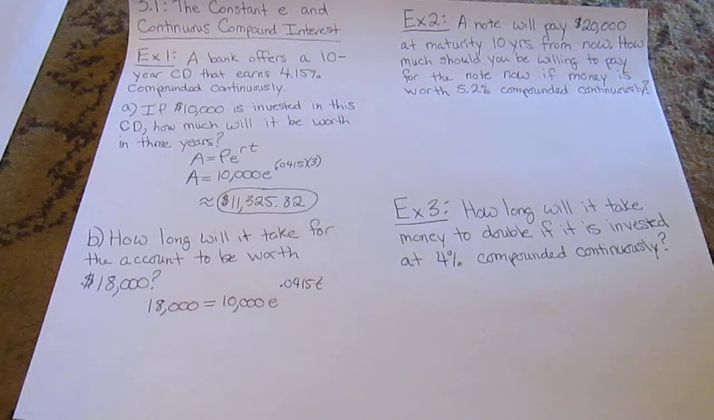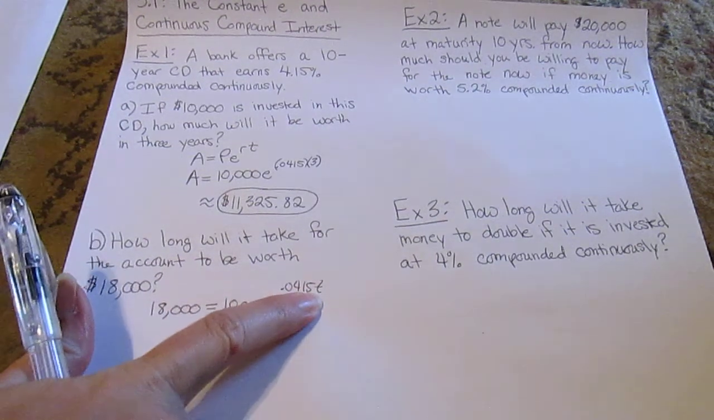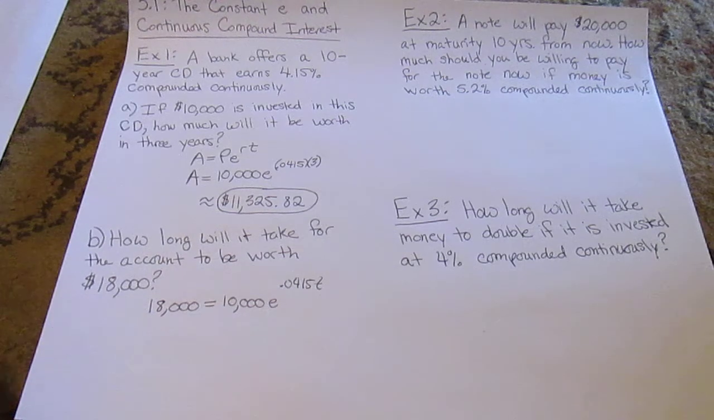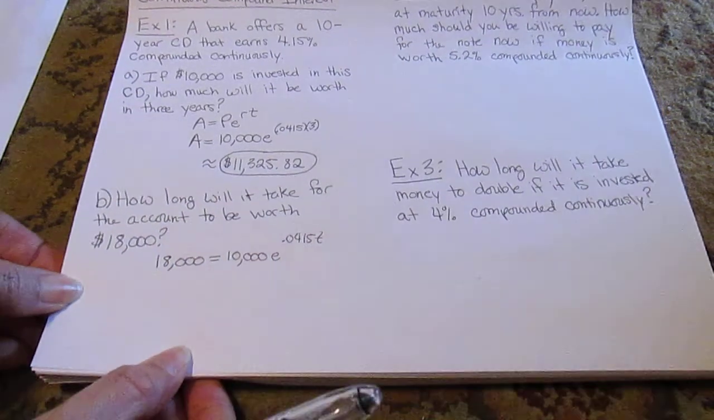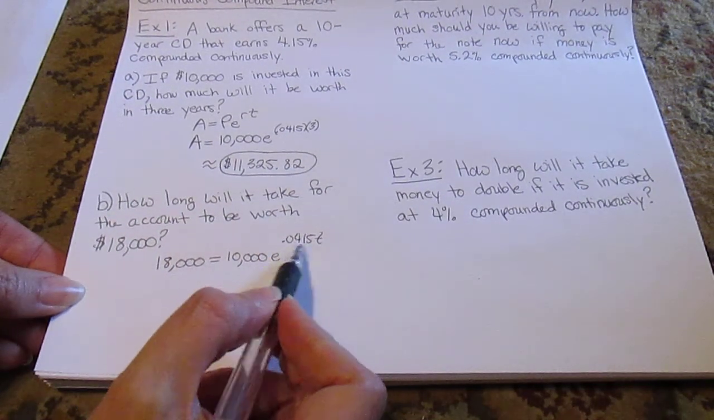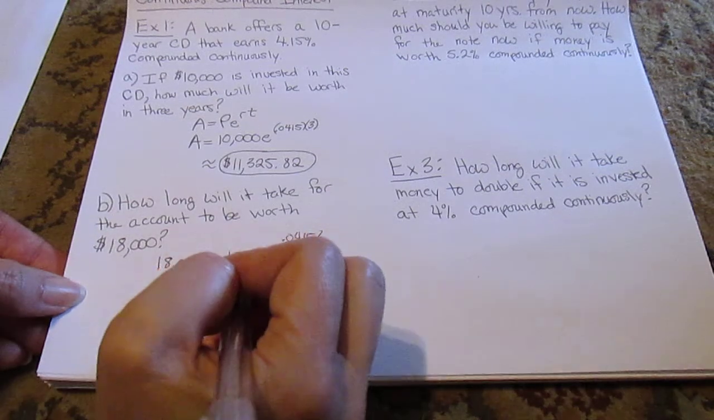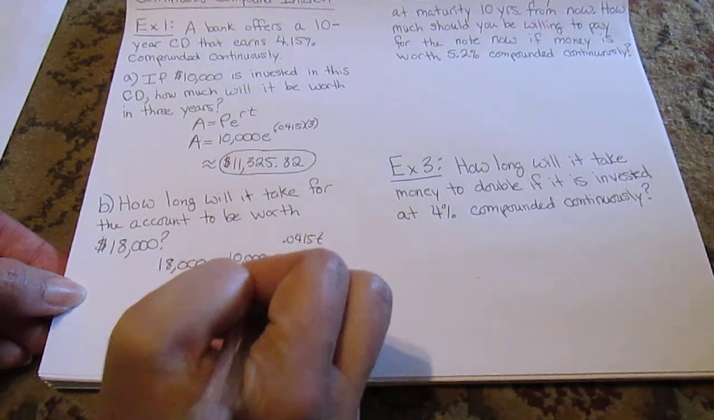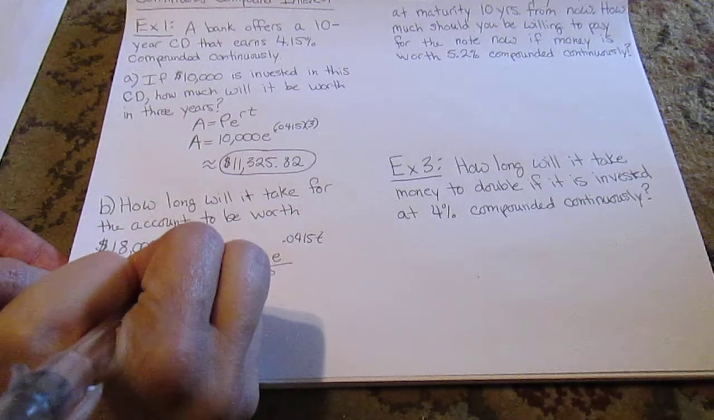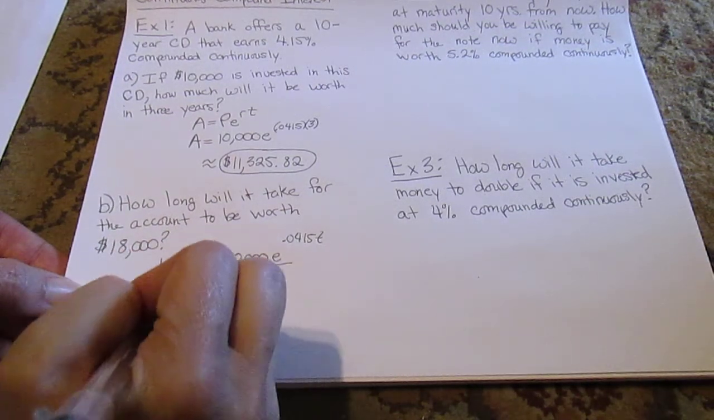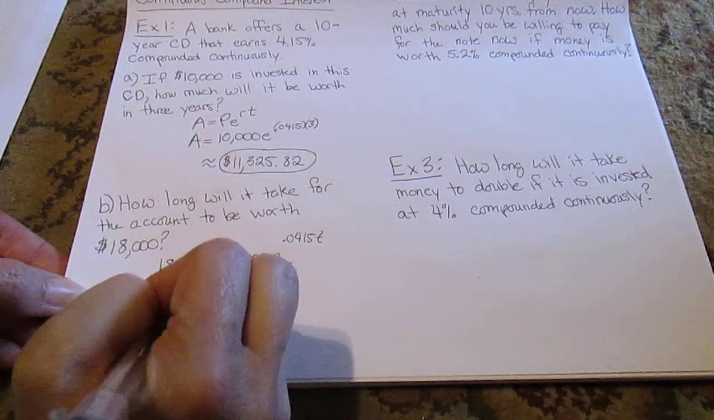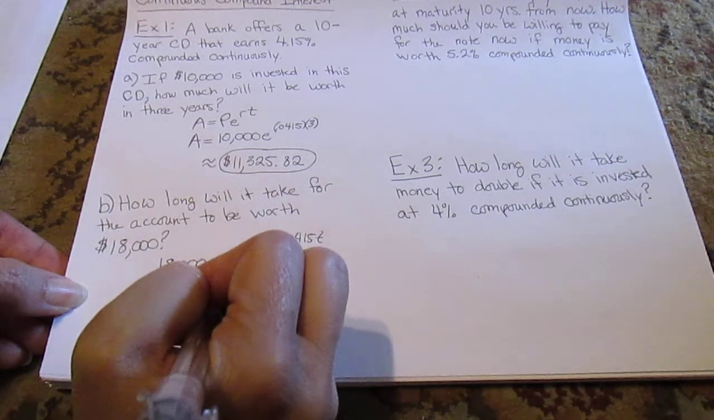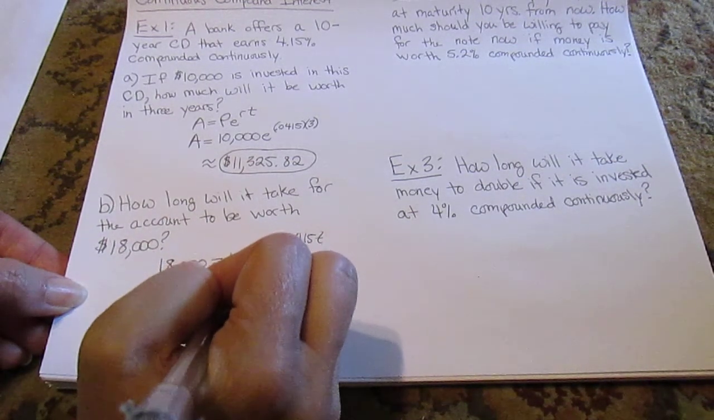Well, you'll see in the notes some examples on what to do if the variable that you're looking for is up in your exponent. Let's go ahead and go through this one. The first thing you want to do is get that e to whatever power it is by itself. So I need to divide both sides by the 10,000. So we get 1.8 equals e to the 0.0415